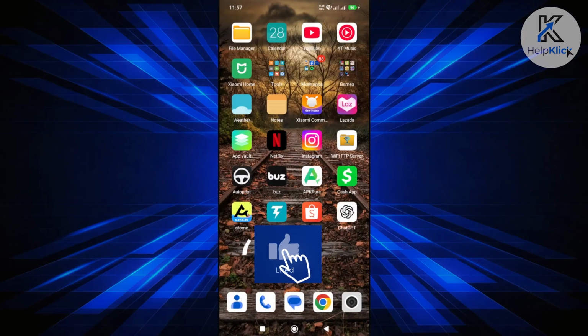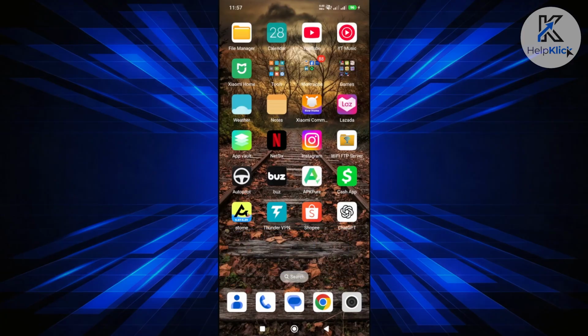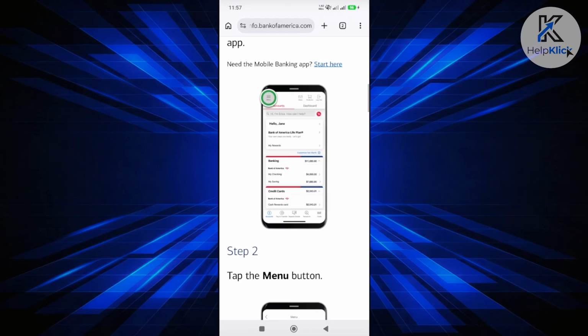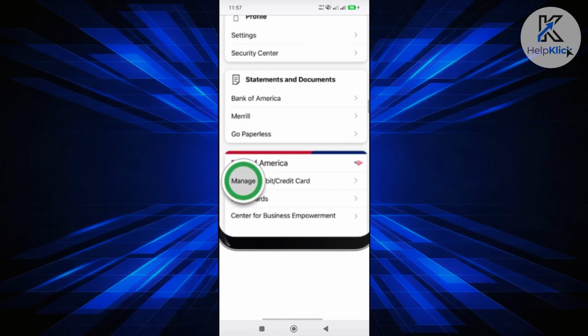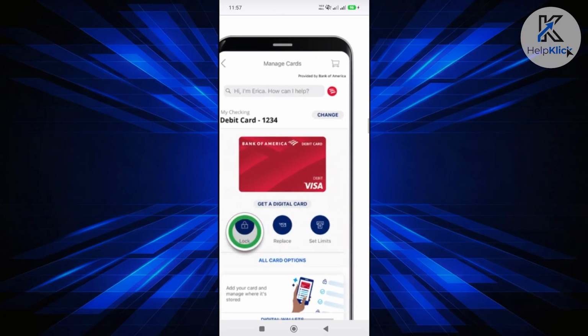Now, it is highly recommended that you disable or lock your card for security purposes, so that people will not be able to access your card. In this case, you just need to open up the app and log in to your account. Go to the menu at the top of your screen, choose Manage Credit or Debit Card, look for your card, choose the lock option,